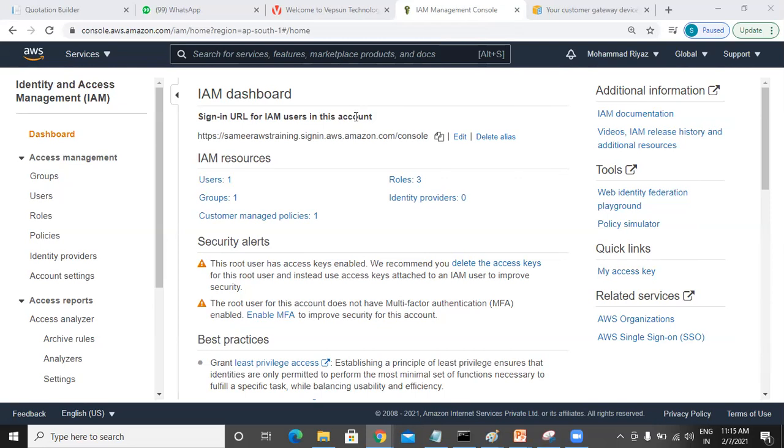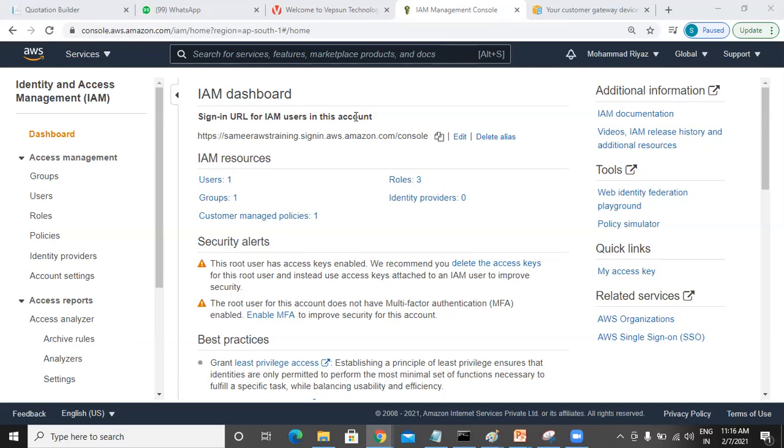So what is that account called? Root. Okay, very good. Whenever you create your AWS account, the first login account, that identity is called the root user. So there are 3 types of users.